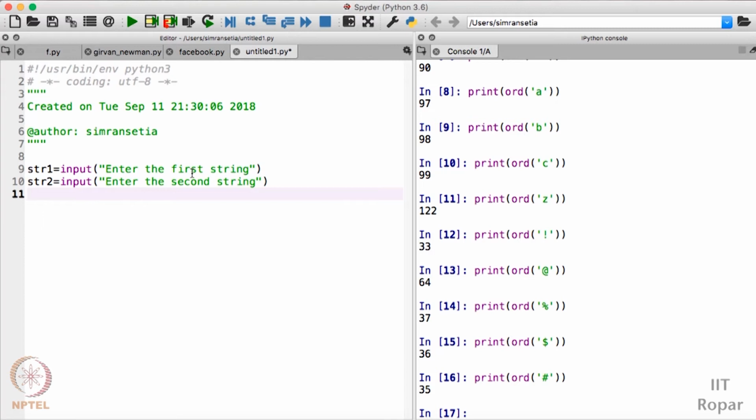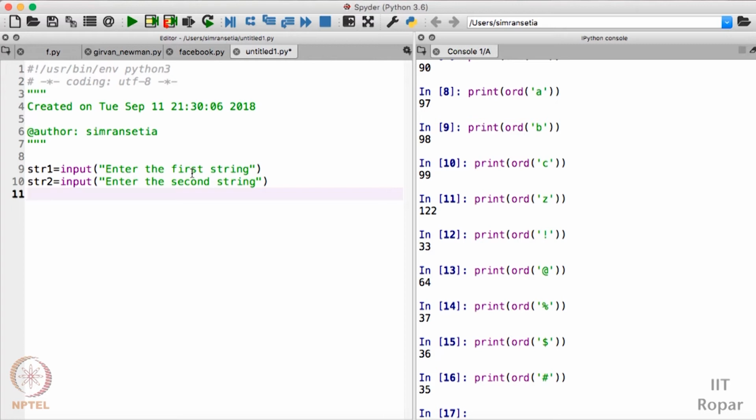As you all know, by default it takes string as the input. We don't need to typecast this as we do in the case of integer or decimal values. Whenever you have to take string as an input, you don't need to typecast it. You just write the input function, and in the round braces whatever message you want to display. So here we are done. We have the str1 and str2. We'll compare this str1 and the str2 and find out whether these two strings are anagrams or not.